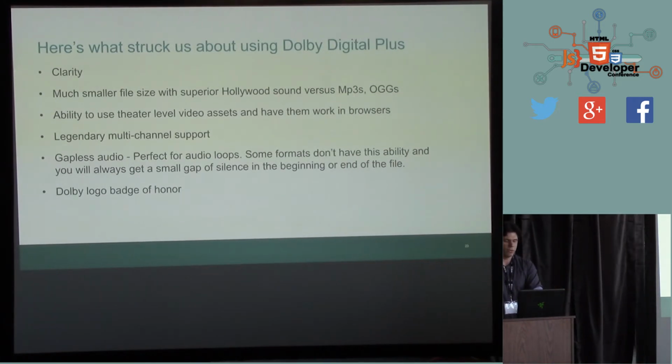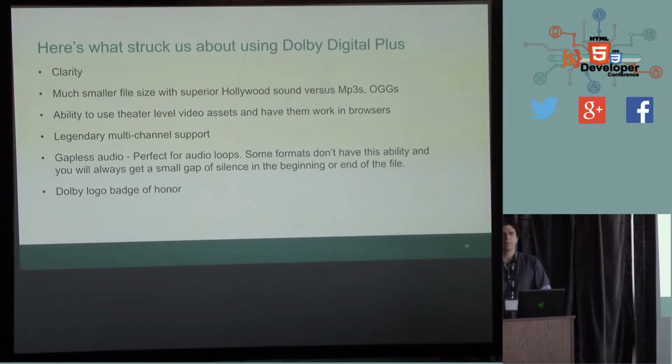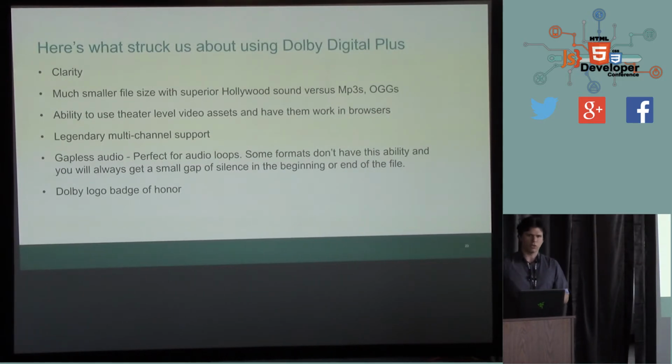The fact that there is multi-channel support is incredible. And if you've ever tried to do music with an MP3, you might have come across this before, where the music will play, and then when you want it to loop back around to the beginning, it's going to create a very small little gap. It's unavoidable, even if your WAV or your original AIF didn't have it in it. The MP3 format is just imperfect, and it requires a little bit of silence in order to have the right kind of header information. So it is a horrible format if you want a game with a looping background element and you don't want it to keep hiccuping and coughing up this little piece of